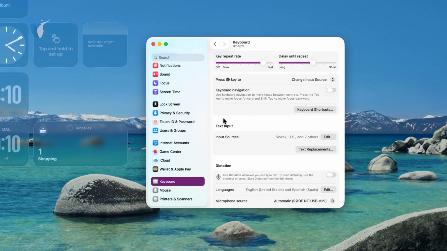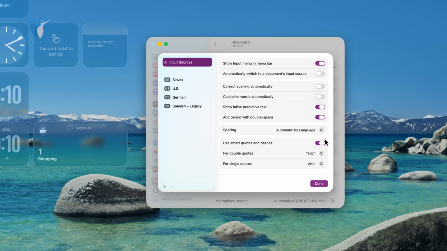But part of the text input here, you can see the input sources, but I want you to click on edit right next to it. So there should be the edit button right next to input sources. When you click on it like this, a new window appears. And when you have all input sources selected, you can now enable correcting the spelling automatically, as well as capitalizing